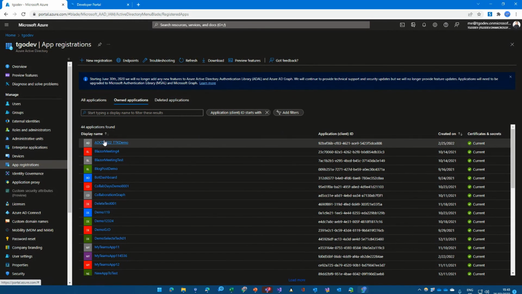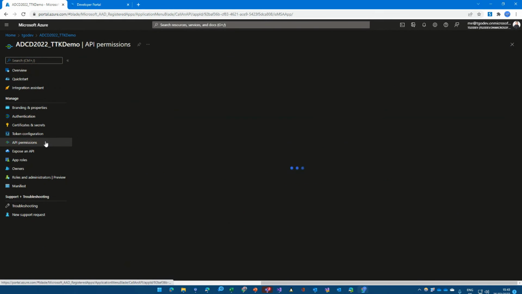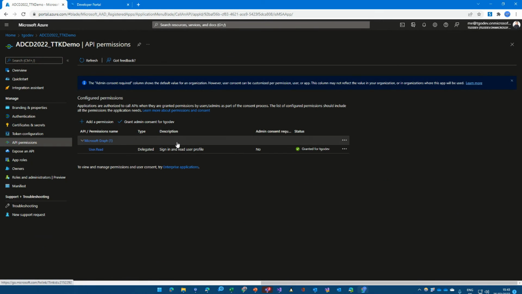See the date here. And what you would need to do now is just add different permissions in here. So, for example, if you want to, I don't know, list all the teams that your user is member of, or do anything special with Microsoft Graph, you would just need to go to your Azure portal, add a permission in here,